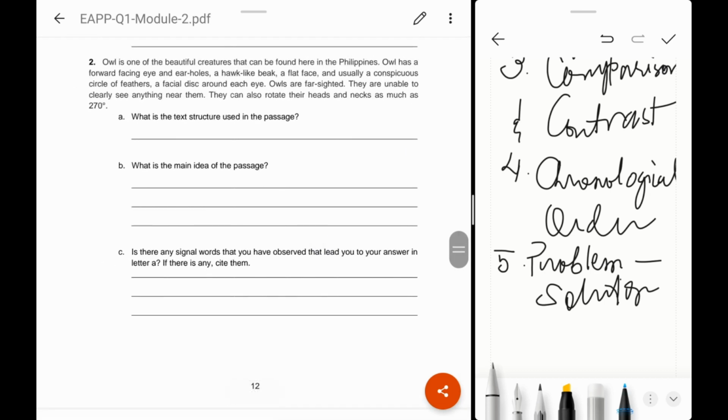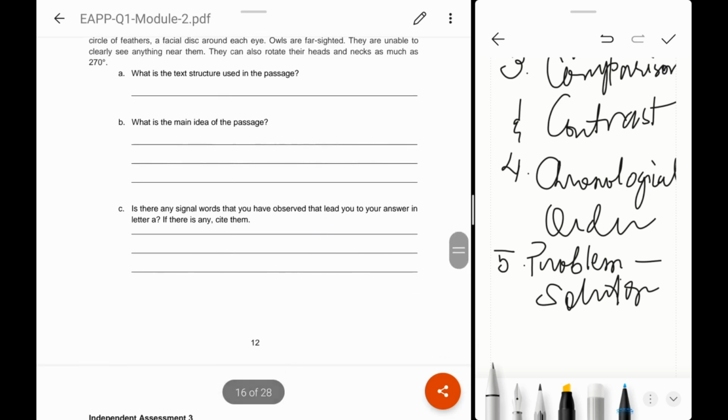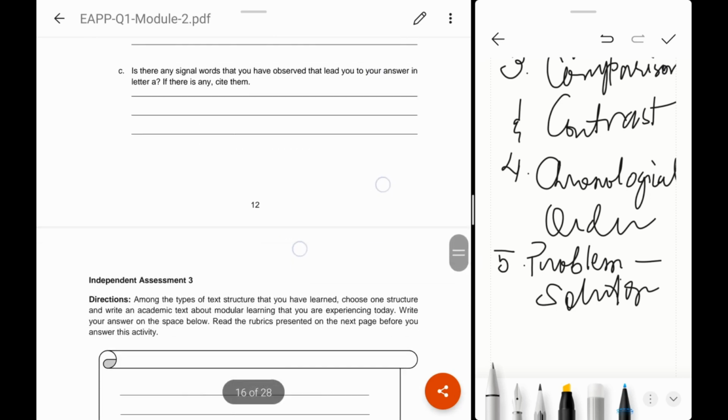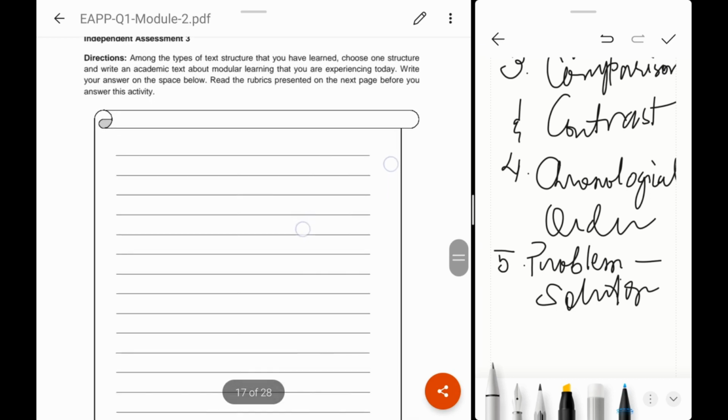Okay. Second paragraph, the same. It has the same questions. Anong ginamit na text structure? Anong main idea or topic? And then C, anong mga signal words ang ginamit? And then for independent assessment 3,